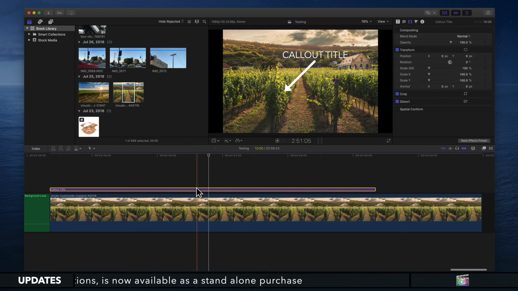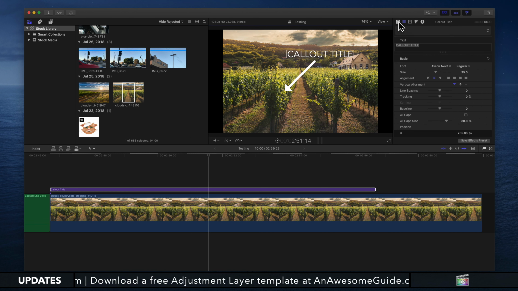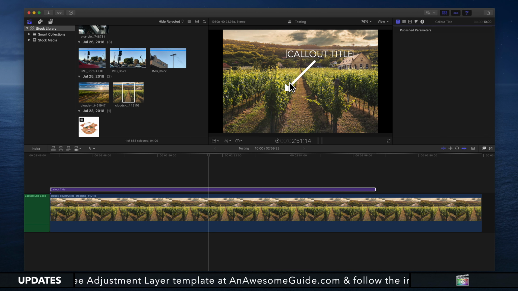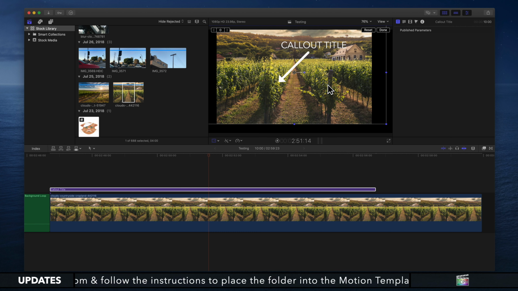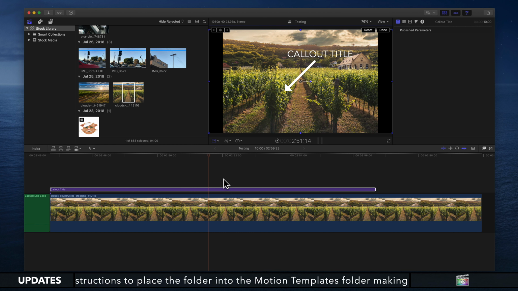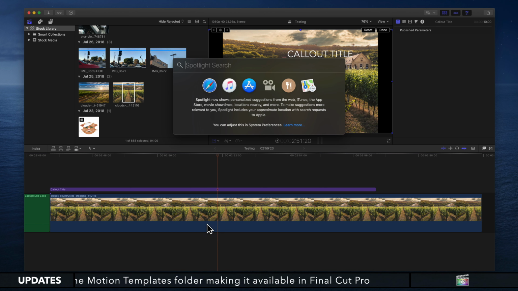If I select the title track, I can see it up here. Not much that I can do with it. Notice the arrow, I can't move the arrow around. I can move the text. That's something that's nice with titles. But the arrow itself, I don't get many options with that. I could go and use the transform tool to move the arrow, but you can see that's kind of moving everything that's there. So one other tip I wanted to point out, I'm going to switch back to Motion, is